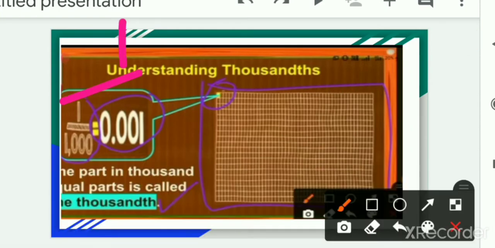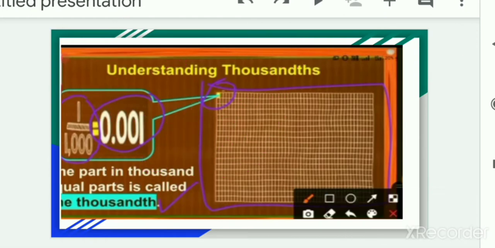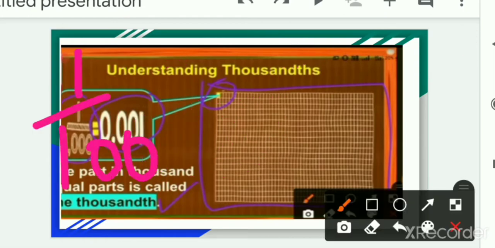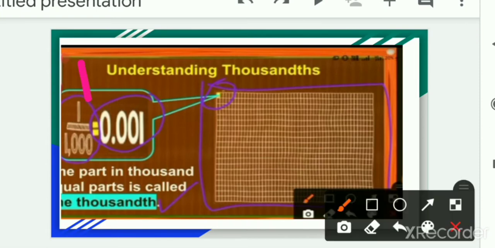How are we getting it? I have already told you: when any number is in the down form, 10, 100, 1000, how you have to represent it. If there are 3 zeros, make the numerator have 3 digits above. If it is not there, you have to make it. So how will you make it? Now look, it is 1 upon 1000. We need 3 places in the numerator, but we have only 1, and we cannot add zeros behind, because 1 will become 100, and we cannot change its value. We have to change it only such that it has 3 digits.